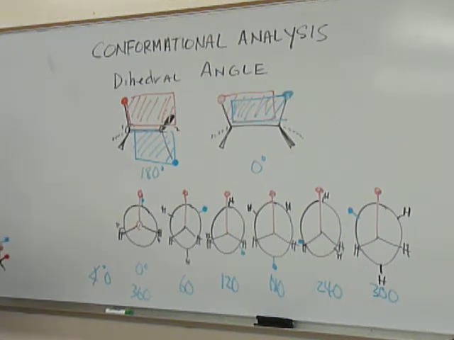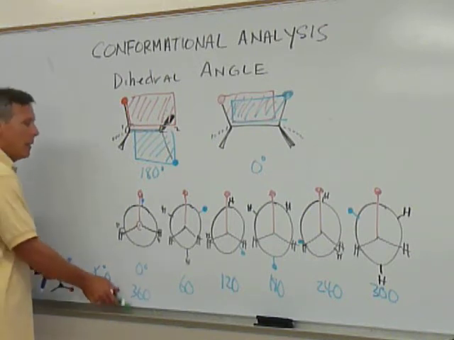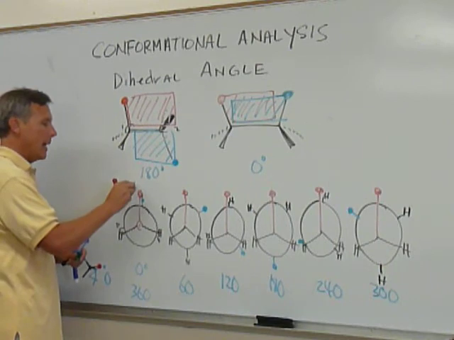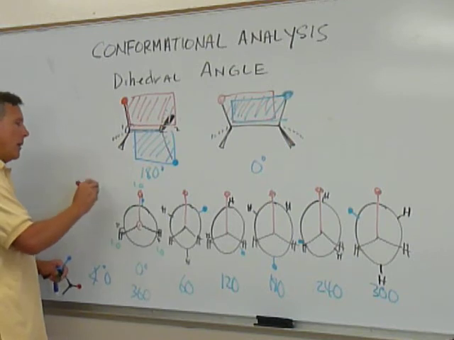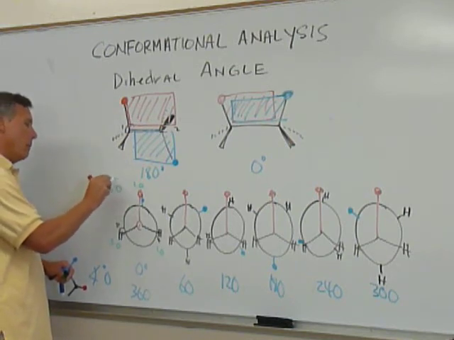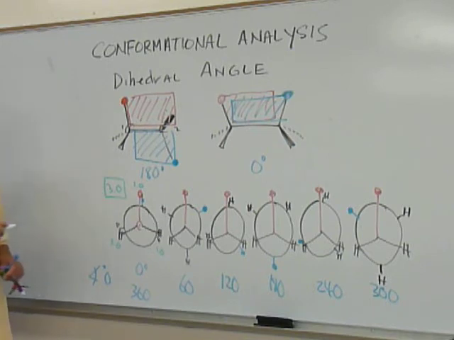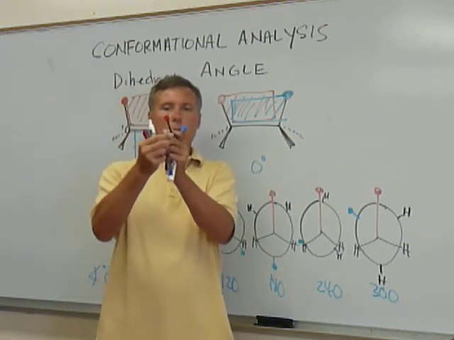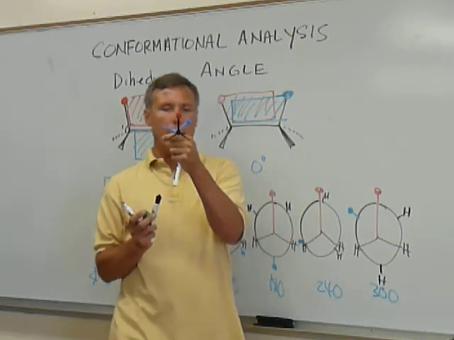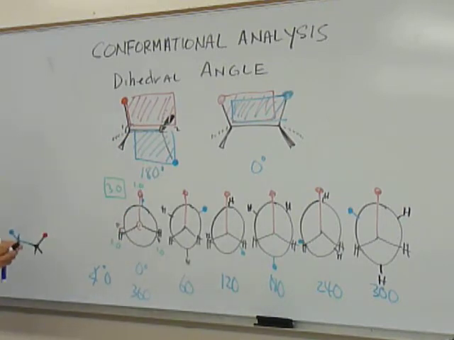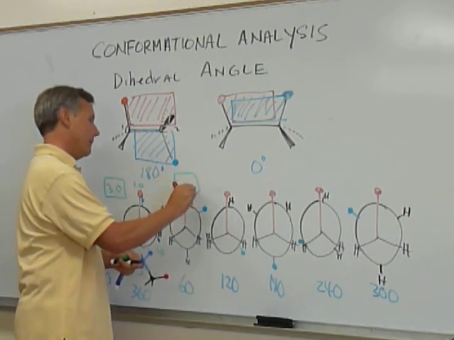And we can calculate energy values associated with each conformer. Again, we recognize that eclipsing hydrogens were worth 1 kcal per mole. And so we have a total of 3 kcal per mole total torsional strain in this conformer with a dihedral angle of 0 and 360. And when we rotate 60 degrees, we have a dihedral angle of 60. There's 0 torsional strain in this conformer. There is 0 torsional strain in this conformer.